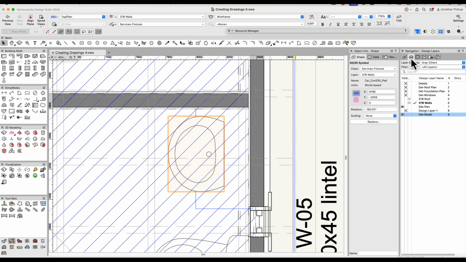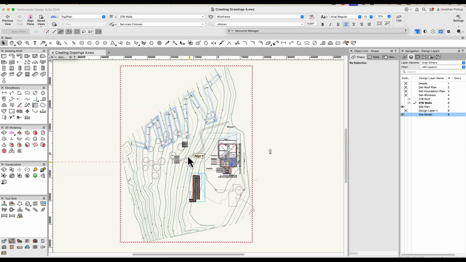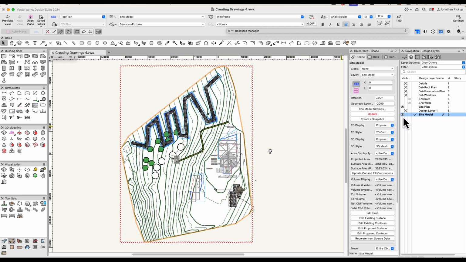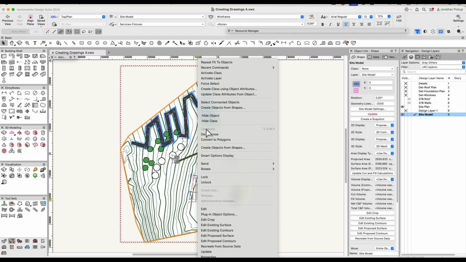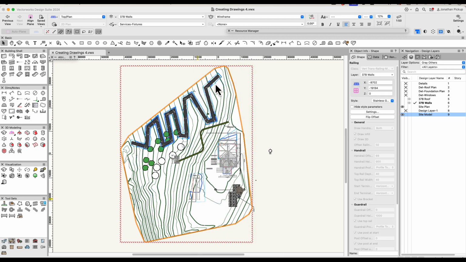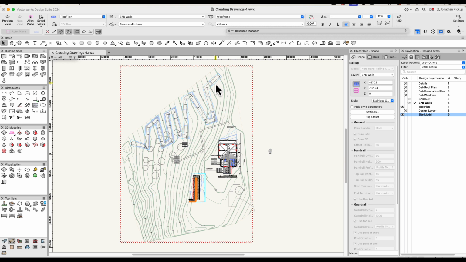So regardless of where you are, just zoom out, see everything. Even though you're on the wrong layer and you can't select something, you right click, you choose Force Select. It's up here. There it is, Force Select. Choose that, and it will reactivate the layer. It'll reactivate any classes that are needed, and it'll change those settings so that you will be able to select